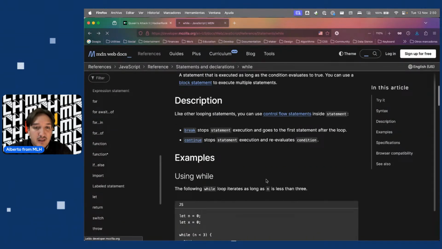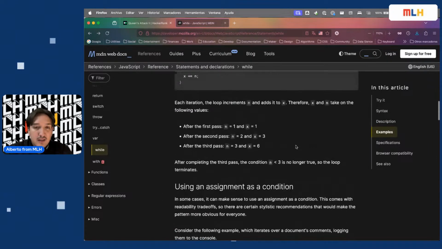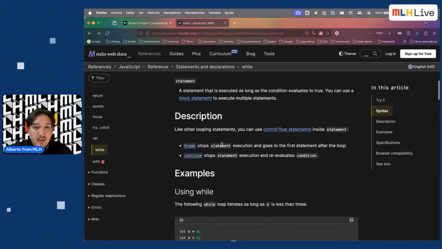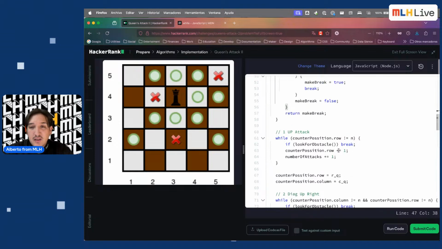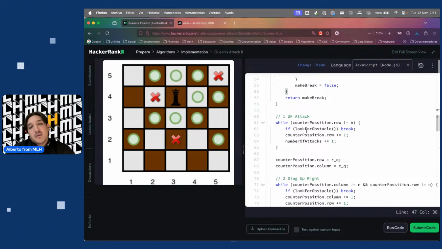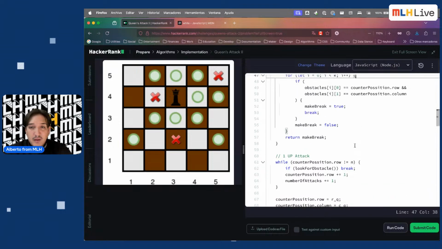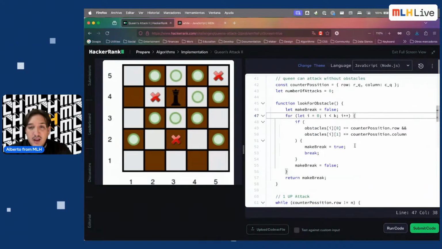Yes, in this case, stop statement execution and goes to the first statement after the loop. And that's why we're counting these ones here, because even when this happens,